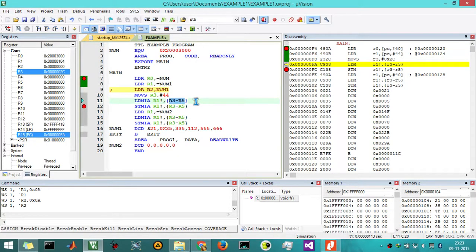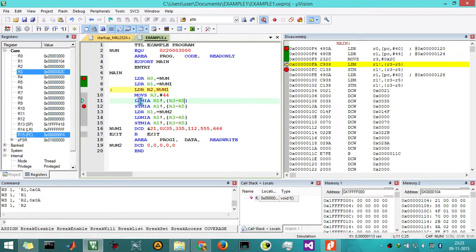We are not supposed to go beyond R7, so R3 to R8 will give you an error. R3 to R7 is allowed, and it is called load multiple increment after.